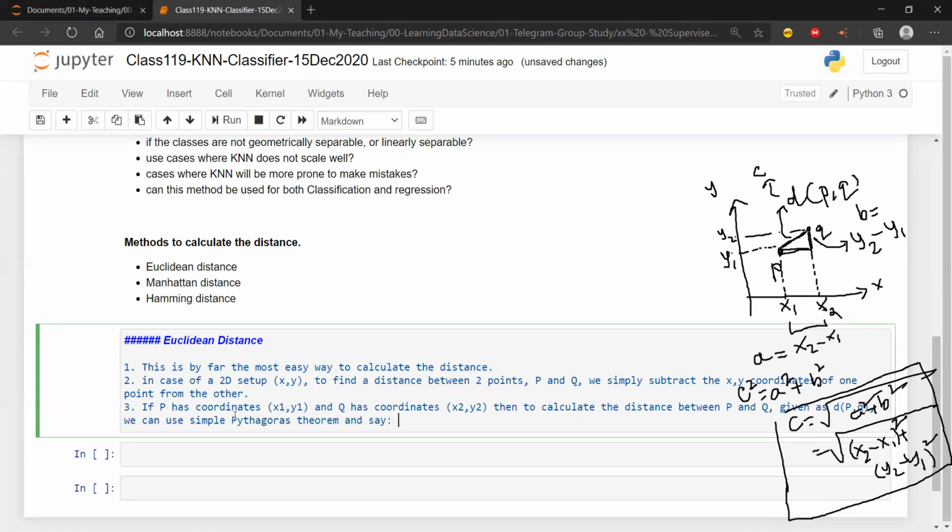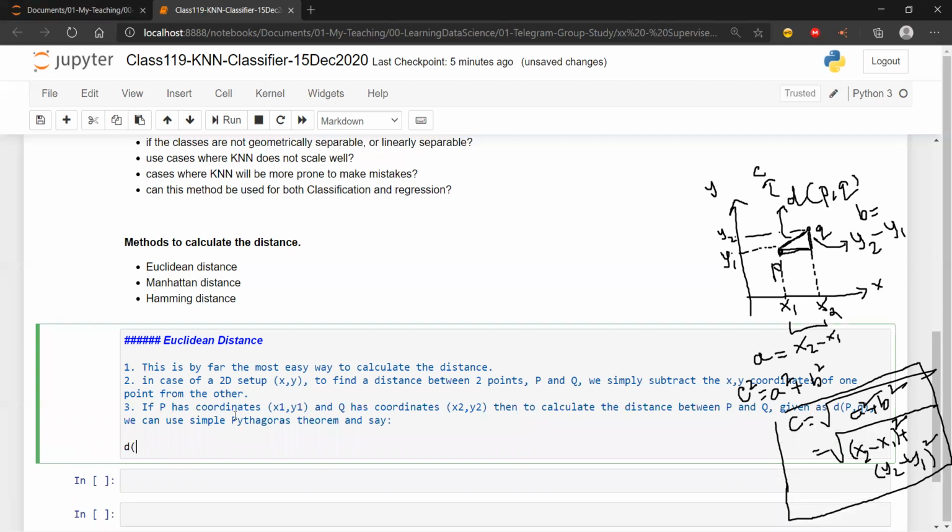So d of P, Q is equal to the square root of one distance squared plus another distance squared.